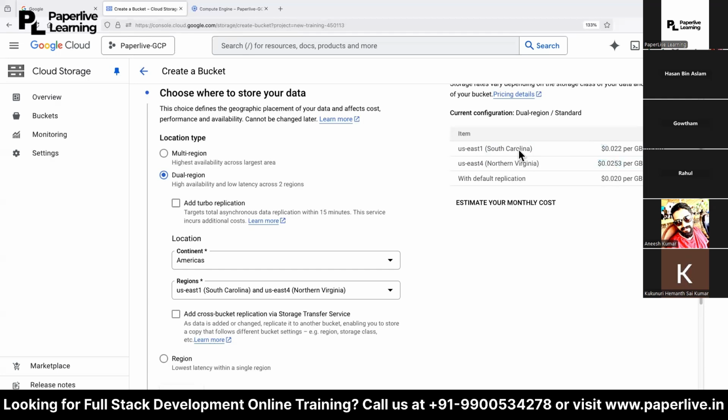So in both, billing is double with the default replication. Per region charge is different, and there is also an additional charge for replication. You are ultimately storing the data in a single place, and the data will be copied into other places. That replication cost is also involved.